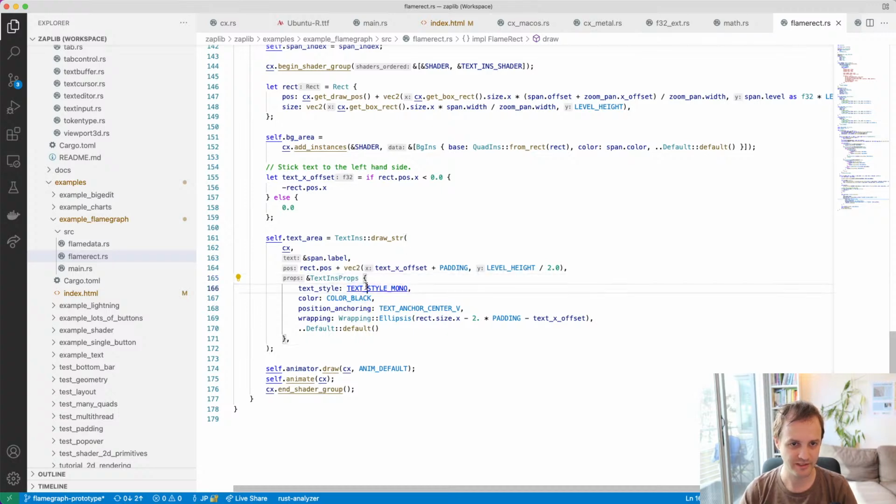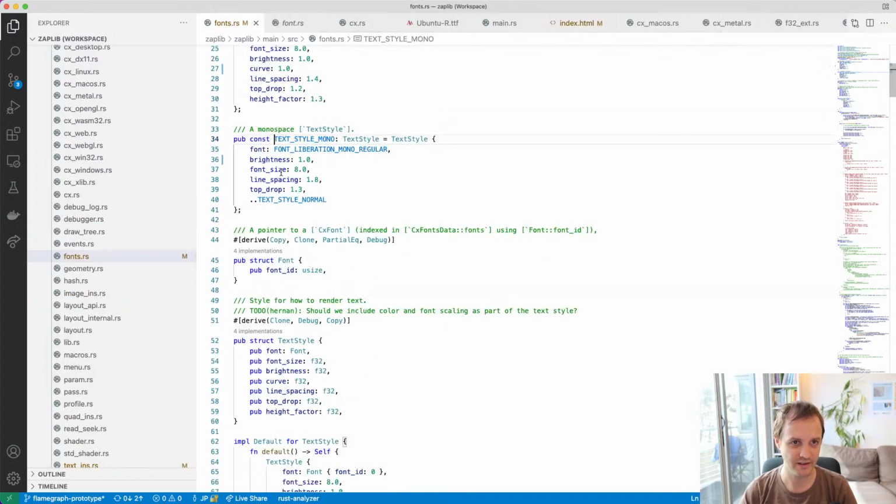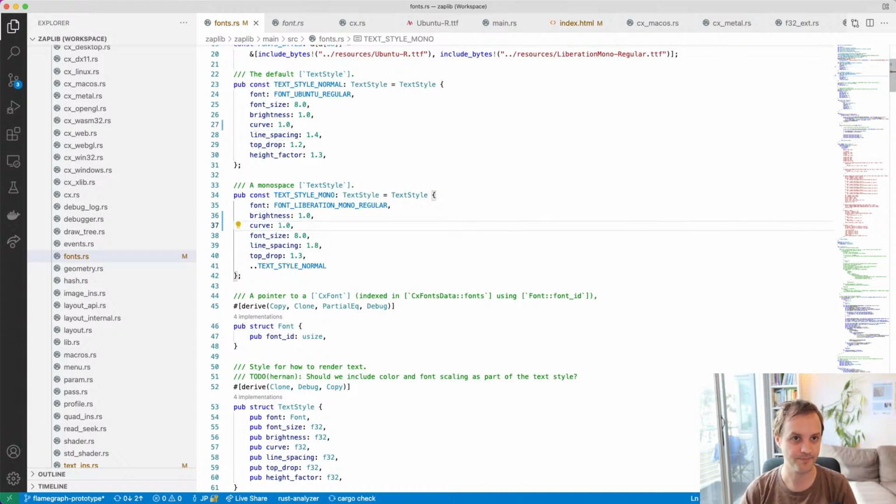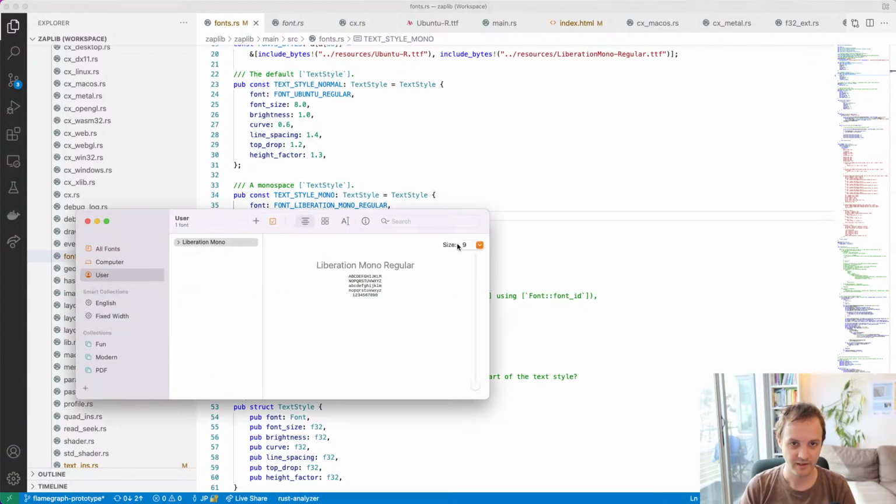Oh well, we use this text style. And that also has a font size of 8.0 by default. Some line spacing, and we set everything else to 1.0. Now the curve. Let me just put that here for clarity. Here I think it was 0.6, whatever, we can leave that. Okay, but at least here in our monospace font, if we set this to 8,